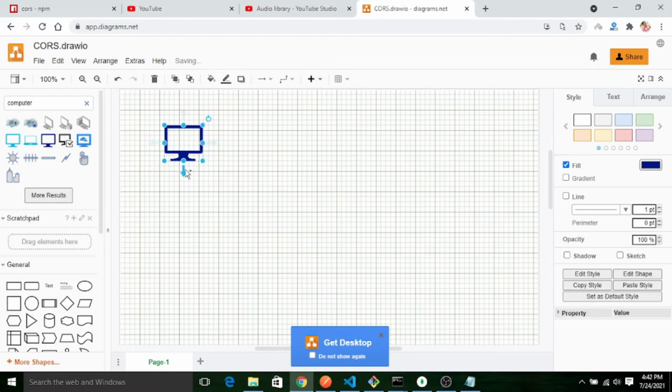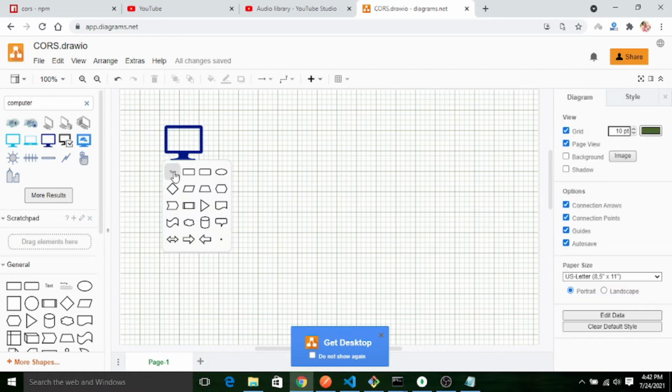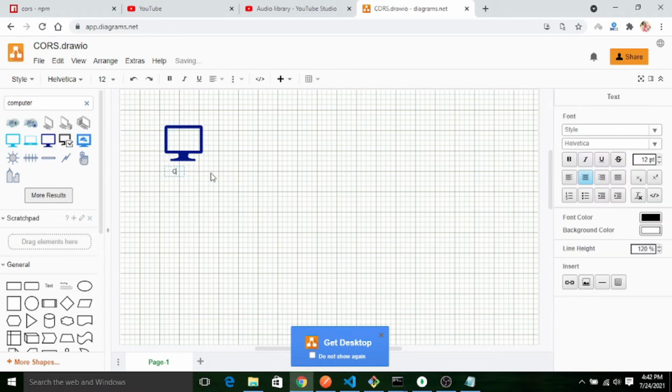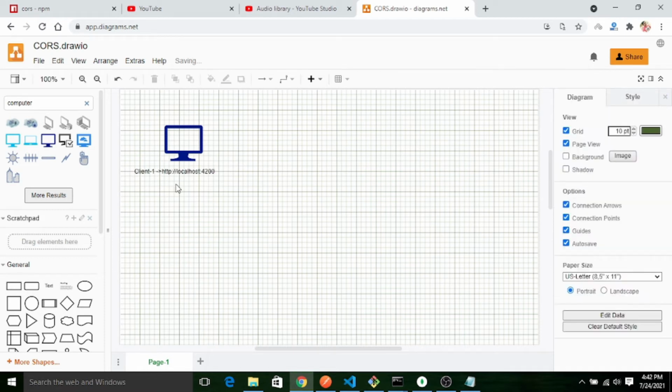Let's say this is client one, which is using HTTP localhost 4200. Let me remove it.